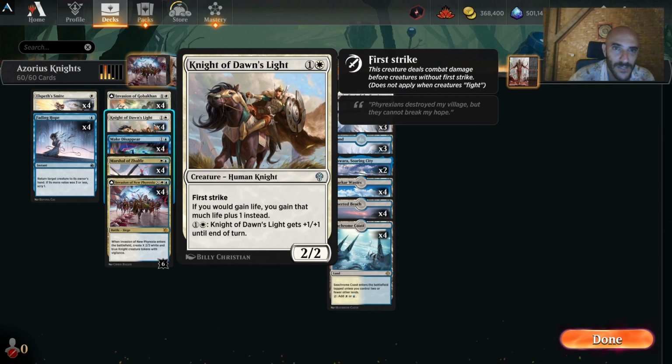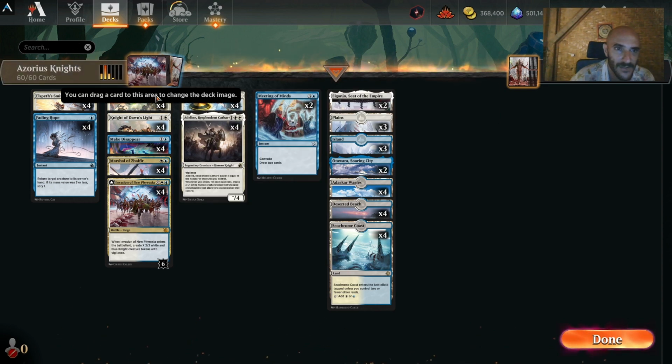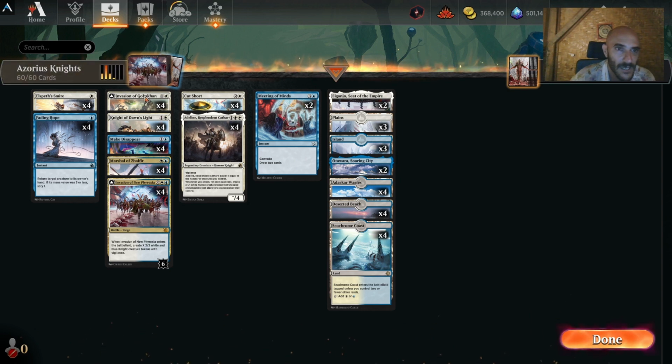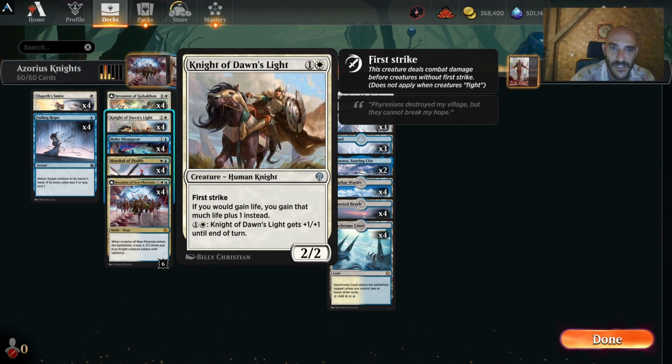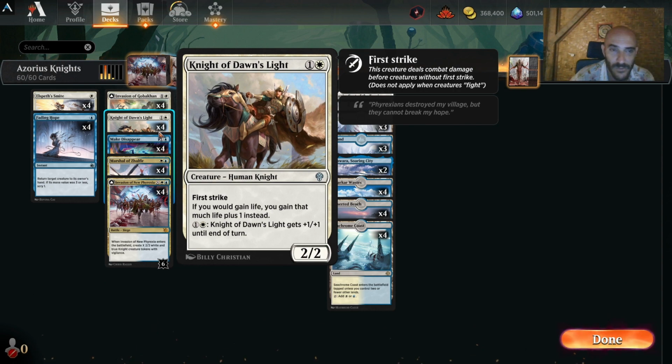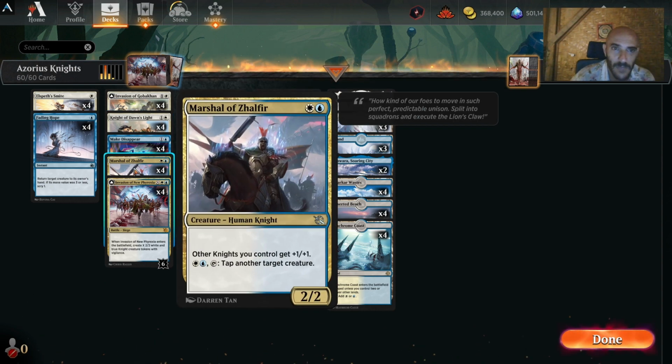Then we got Knight of Dawn's Light. We need some creatures to flip these things, other than ones that are just made by the invasion. So it can also be a fairly decent beatdown. The Knight of Dawn's Light: 2 mana, 2/2 first strike, and then you just dump mana into it, and it gets bigger and bigger, and you can put as much mana as you have. When you couple that with,